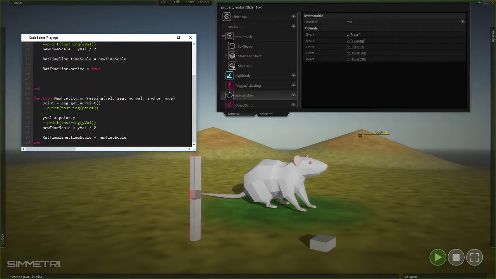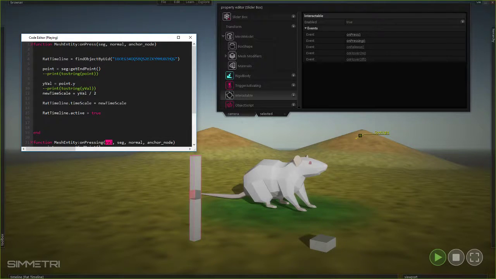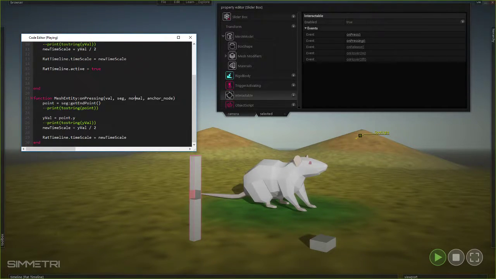This one actually has val, which is passed in from the VR controller, so like the amount that you're holding down the button, like 0 to 1 on the index trigger of the VR. But the rest is the same: seg, normal, and anchor node. So it's seg that we're working with. So we go again, point equals